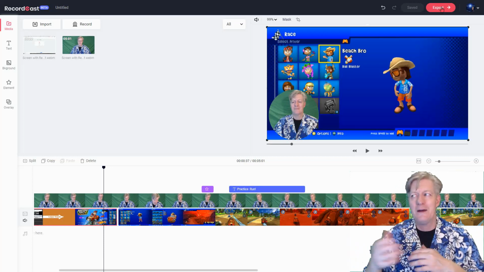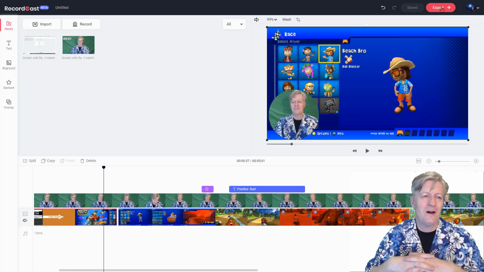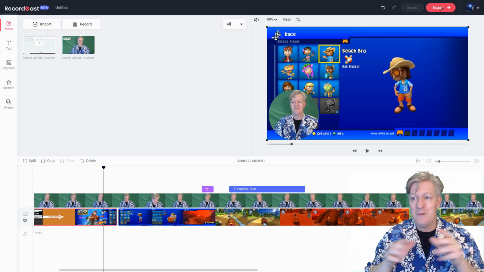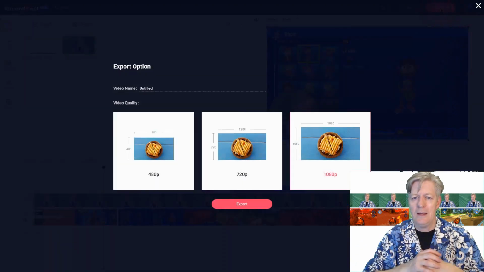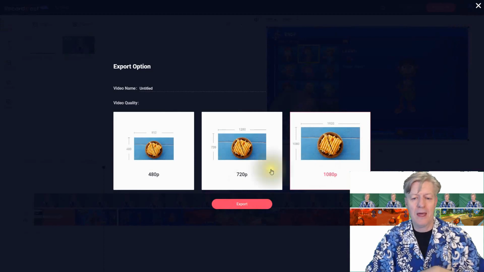I use other apps as well besides this one, but they have their own videos, so RecordCast will be the focus on this. When you click on export, by the way, it'll ask you, do you want it as a 480, 720, or 1080p? And you just choose that, and then you click on export.